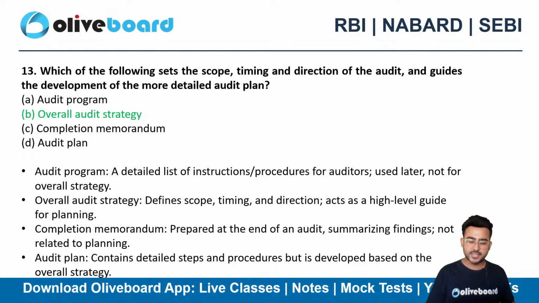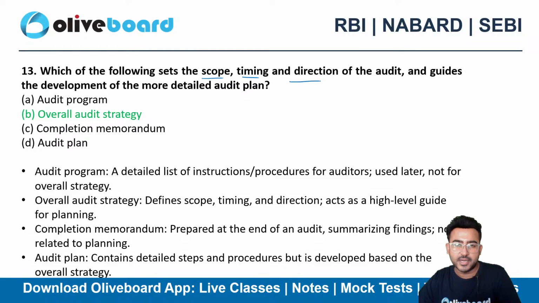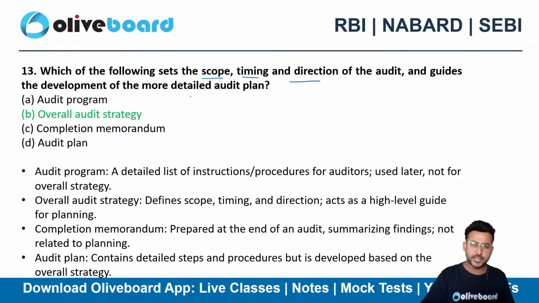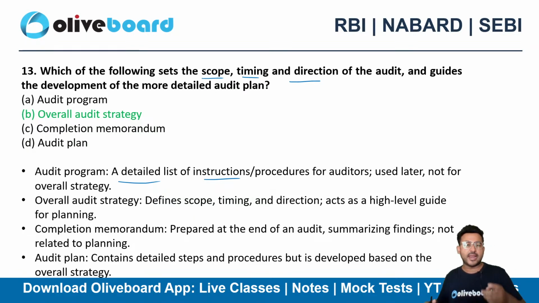The correct choice here is overall audit strategy. If you want to determine the scope, timing and direction, what will be the document? Overall audit strategy. In the audit program, we have a detailed list of instructions and procedures for the auditor. In the overall strategy, we have everything like scope, timing, direction: कब कितनी audit करेंगे, क्या timing रहेगा, क्या direction